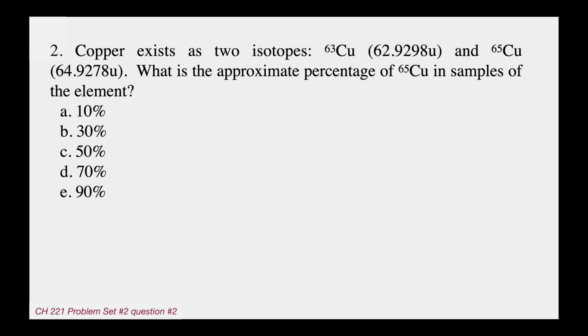But anyway, copper has 2 isotopes, copper 63 and copper 65, and it says, what's the approximate percentage of copper 65 in different samples of the element, and there are 5 possibilities. Well, for this question, you must know the atomic mass of copper, and that comes again from the periodic table. So with my periodic table that I'm using, if I look up copper, which is number 29 on the periodic table, the answer is